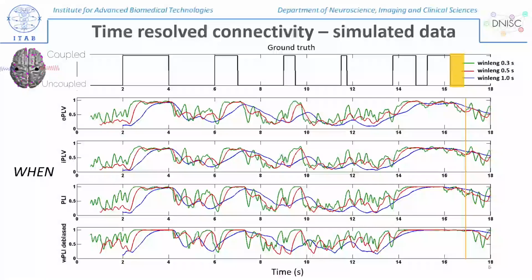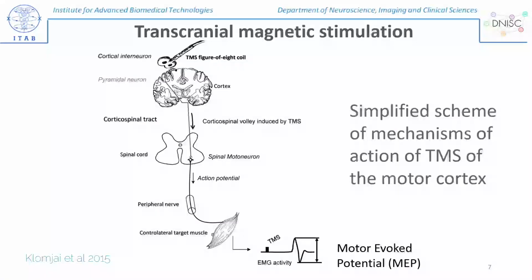Overall, as a take-home message that we put forward in our recent paper, as long as the window is shorter than the real connectivity, then you can catch the true connectivity that is there, and you are also less prone to false positives in your data. So the idea is now that we want to use these to study, in combination with TMS,